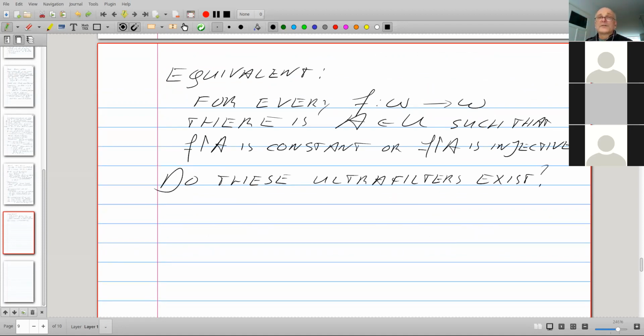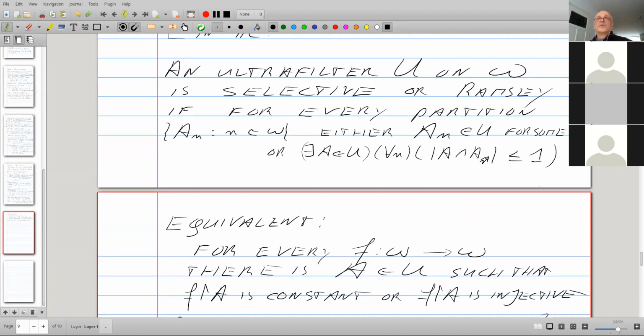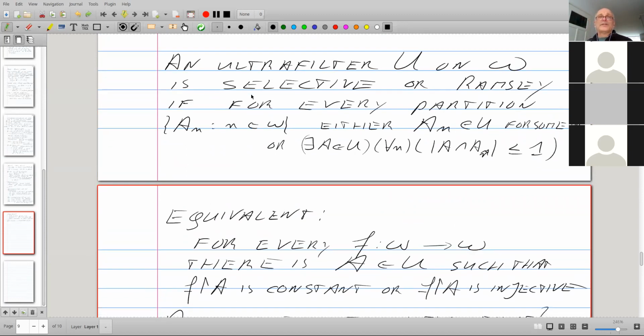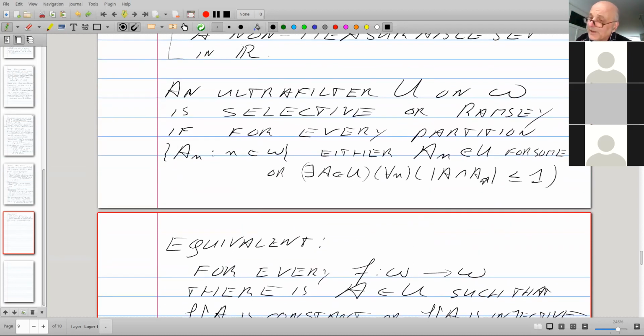Do these ultrafilters exist? Well, fixed ultrafilters are selective, but that's really not what we want. So I think I'll adapt the definition and throw out the trivial cases.